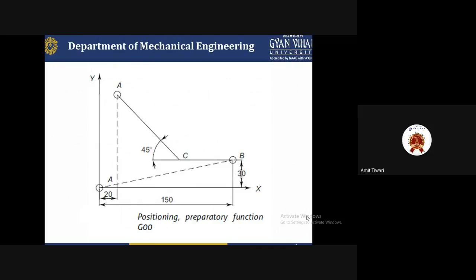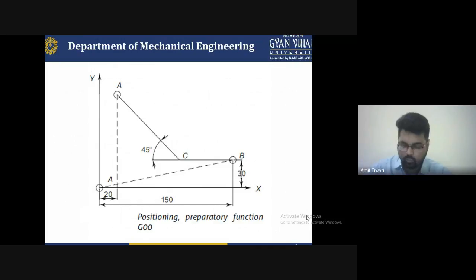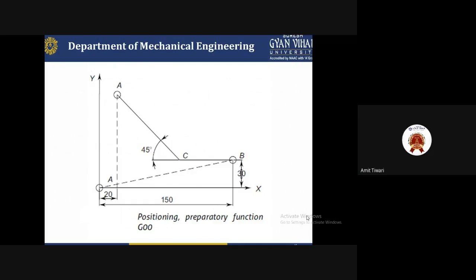Okay. So by positioning, you have to keep in mind whether you intend to use it for making a prototype easily or for making it commercially. Now you have to select these types of points. I have to mention here how to identify the rates of the machine. The preparatory function is G00, G01, or we can say G20. So the positioning is to be used.